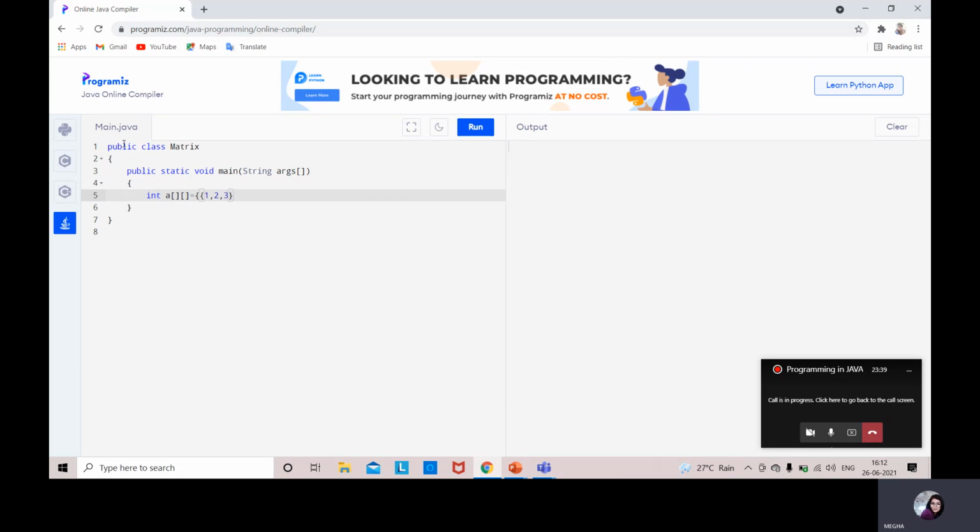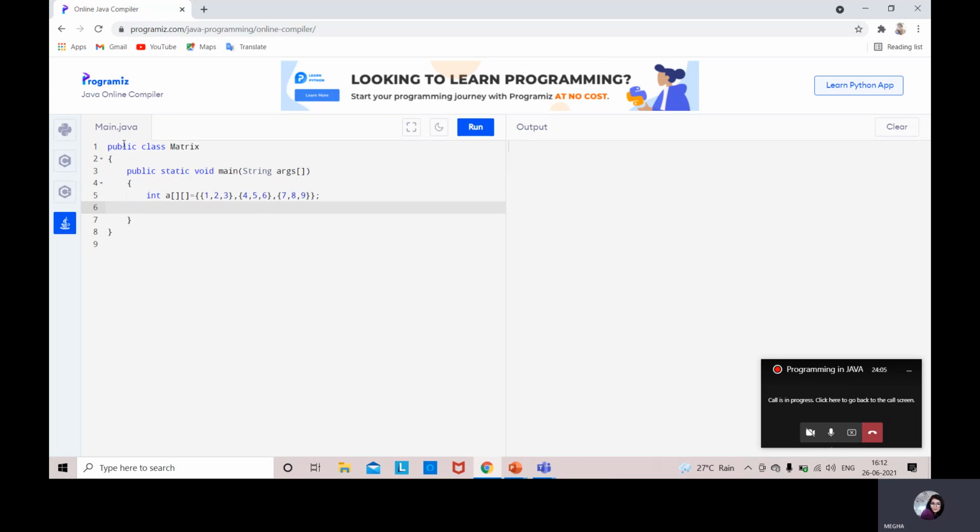Here the first row is finished. Again, separating, braces open, and when we enter, this goes to the second row. 4, 5 and 6 are the second row elements. Similarly the third row, 7, 8, 9. When we close the complete thing, A is finished.